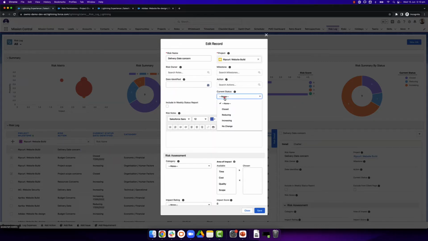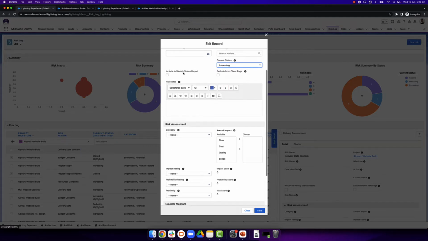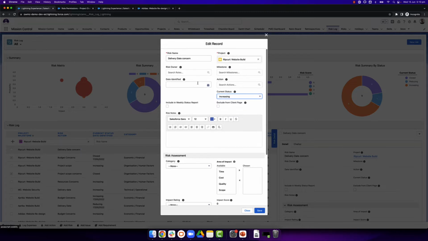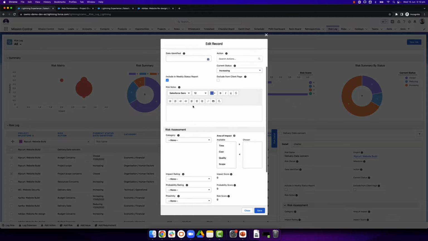So let's say the status is increasing. The weekly status report is something that you can include risks into. There's another place where you need to enable the setting, which is at the project level. If there are some risks that you want to include in the weekly status report to show to clients, and if you don't want certain risks to be shown to certain clients, you can check and uncheck based on your requirements. So I'm just going to say I need to include this into the weekly status report,